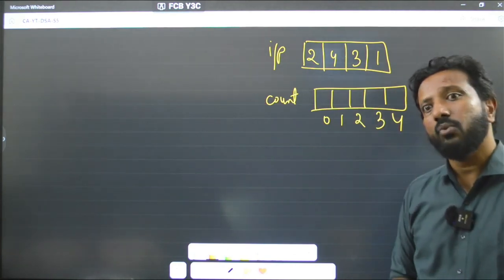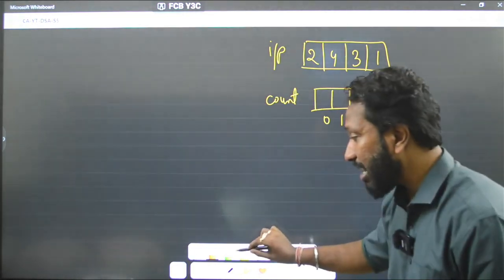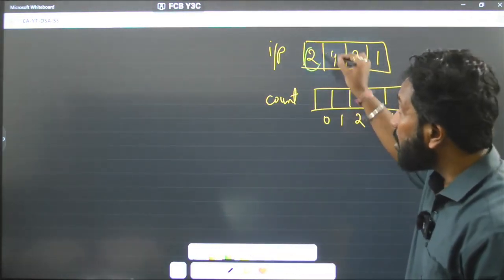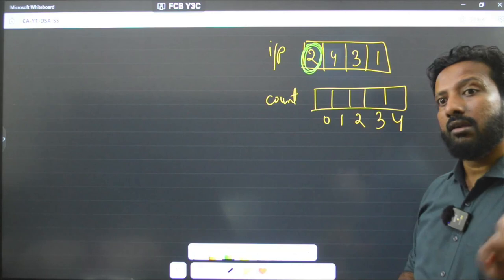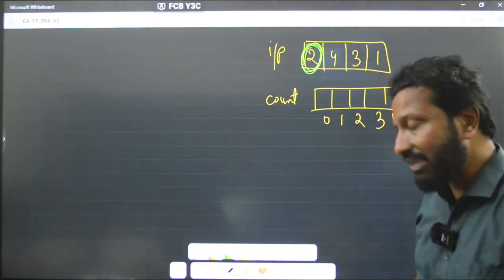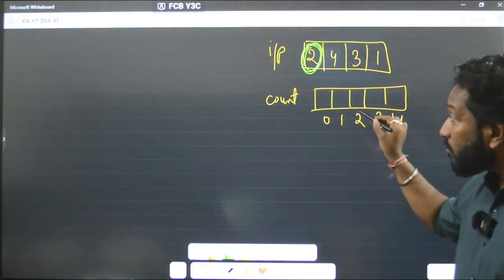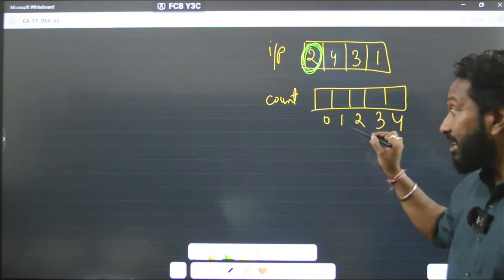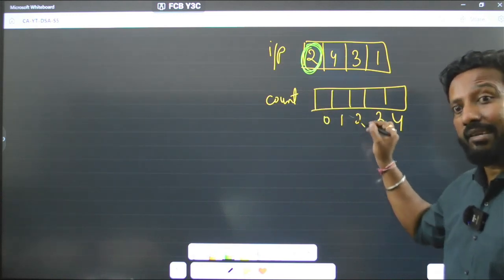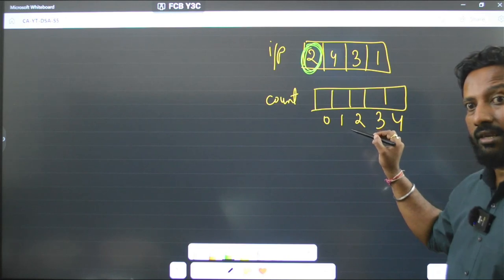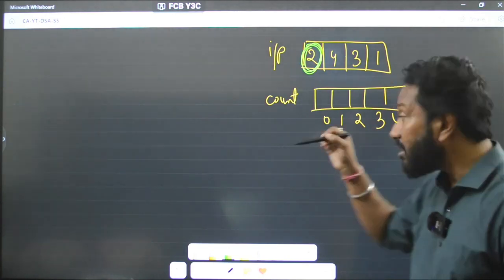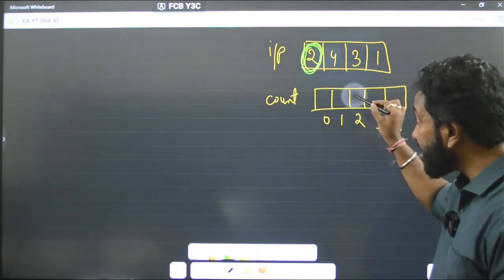Got it? What is the first element in the input array? 2. Where are we actually writing the value? We go to index number 2 in the count array because this is storing the count of that element, right? 2 index, correct? So, what do we do? We go to index number 2 and say